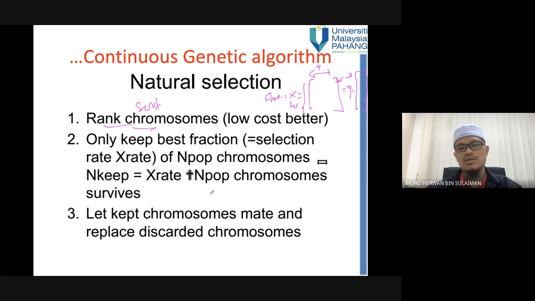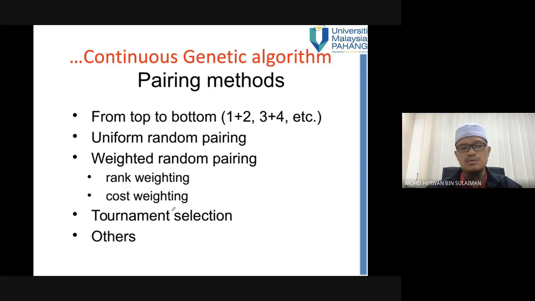Okay, so you can use any function that you like. So this one they're using the pairing method. They go from the top to bottom. Okay, chromosome 1 and 2, they do the mating or do the crossover. Okay, and then 2 and 3, and 4. So this one we call from top to bottom. Or you can use uniform random pairing, or you can use weighted random pairing, which is similar to